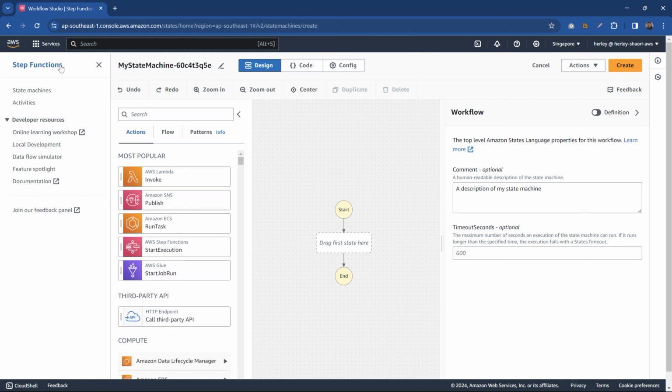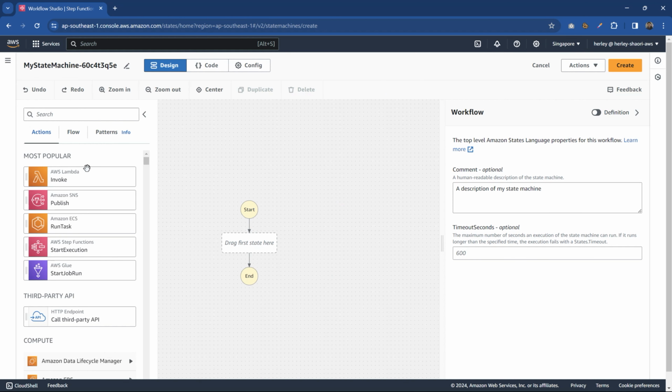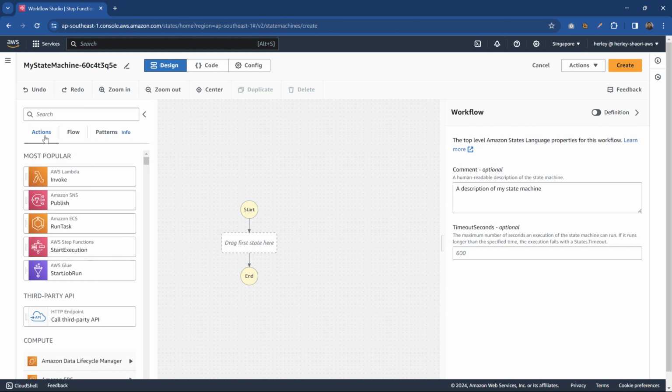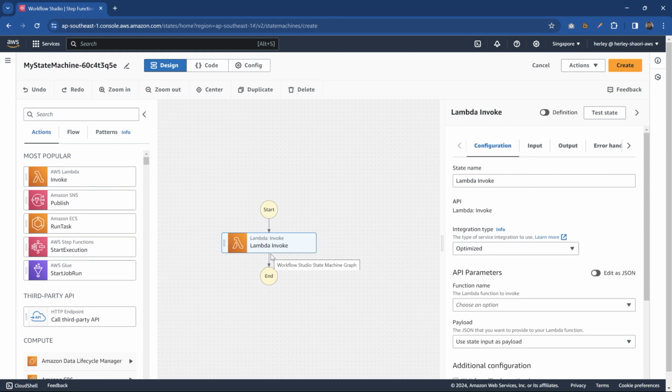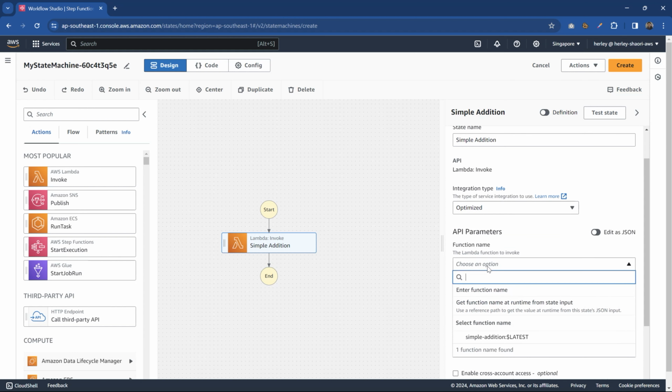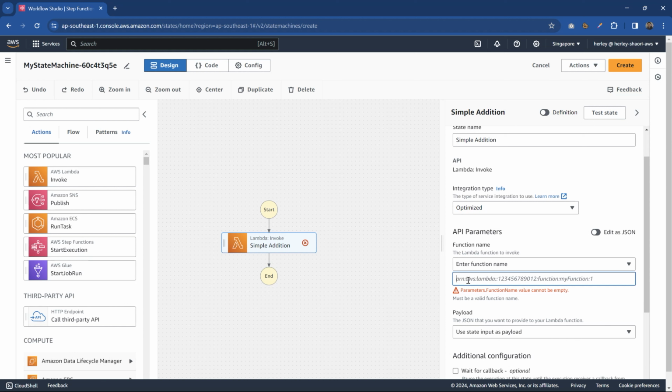You can close this one, and the left panel tells you what actions you can do in AWS Step Functions: actions, flow, and patterns. But for our tutorial today, I just use the AWS Lambda function as action. Now let's give it a name, simple addition, and then you can choose the API parameters, but I have already prepared a Lambda function, so you can choose enter function name, and then we insert the Lambda